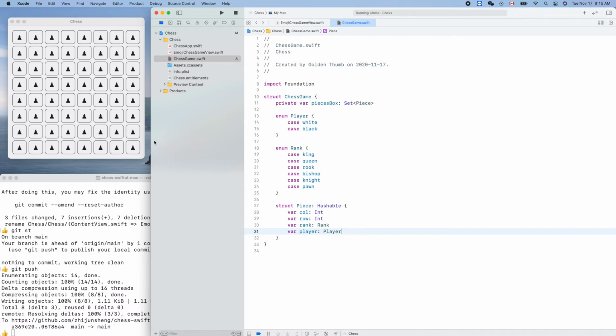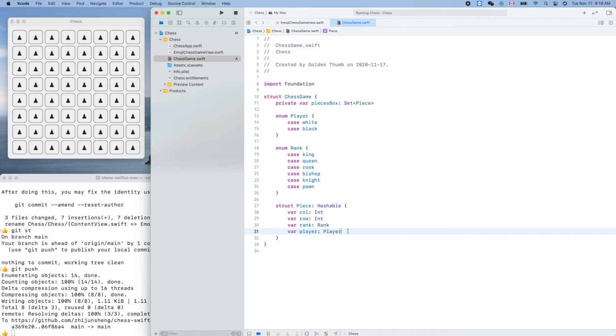It's like emoji, or using letters, for example, R for rook, capitalized R for black rook, and lowercase r for